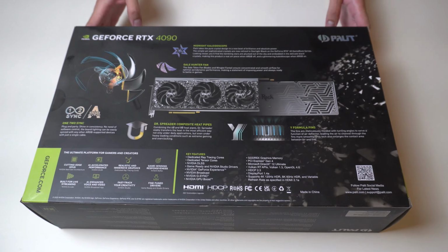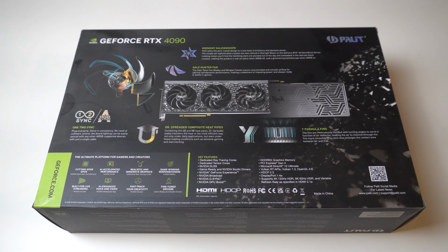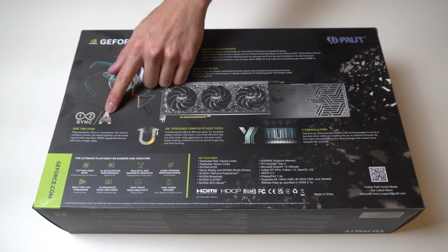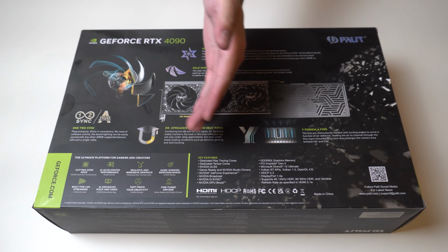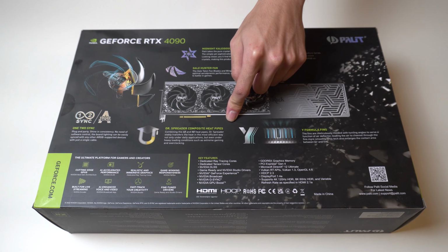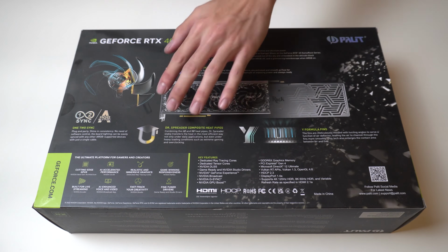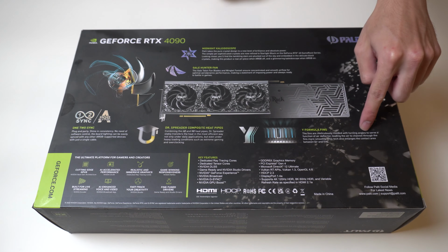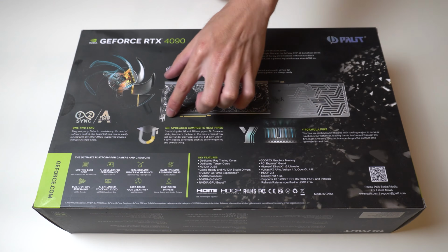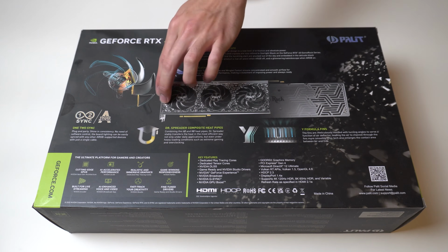The real information is actually all on the back side of the box over here, as you can see, where they listed basically all the features of this card, such as the sync ARGB header on the card for you to sync the RGB to your motherboard, and then the DR spreader composite heat pipes, which is just some fancy name for vapor chamber plus heat pipes, I guess, which is supposedly going to work well with their Y formula fins, which is just weirdly shaped fins that's supposed to create turbulence and dissipate more heat throughout the heatsink, as you can see on the picture here, which also has triple fans, which they call the Gale Hunter